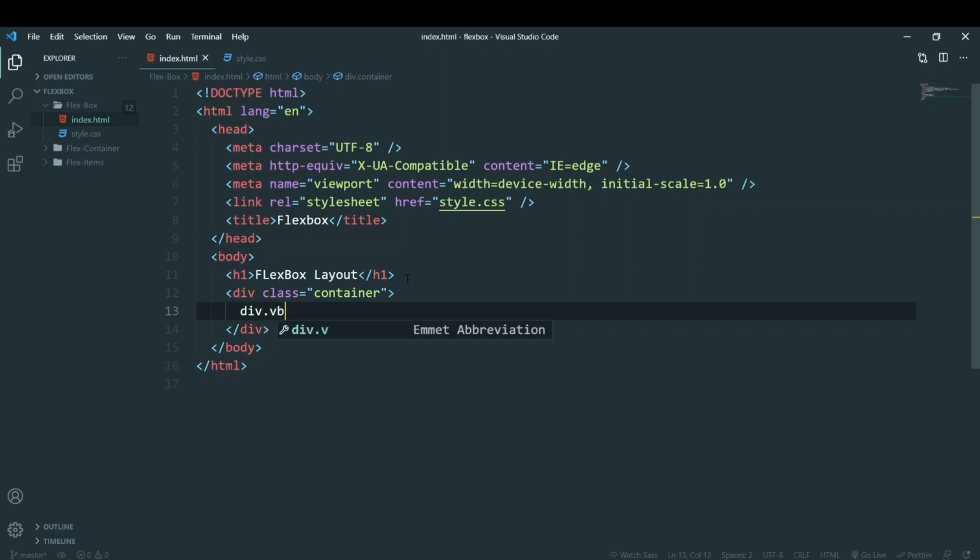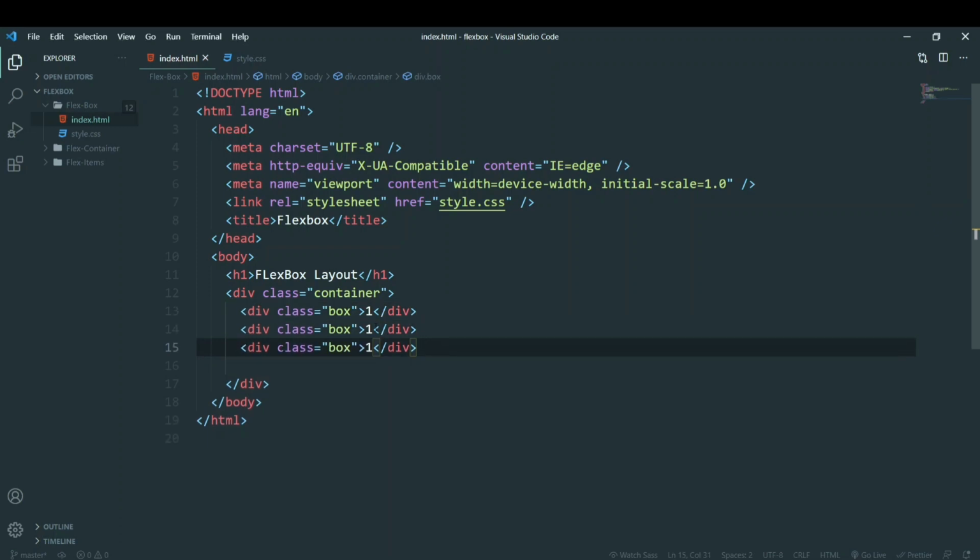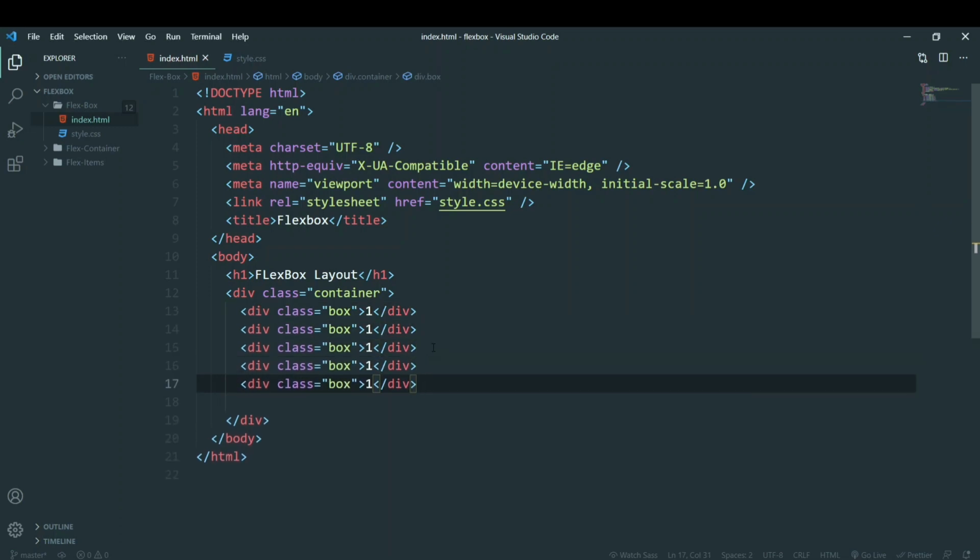Let's add a div called box over here, and write one here. Again we'll add two more of these. Okay, we added 3. Now let's add 2 more. Let's add 5 blocks. This is the second one, third, fourth, fifth.